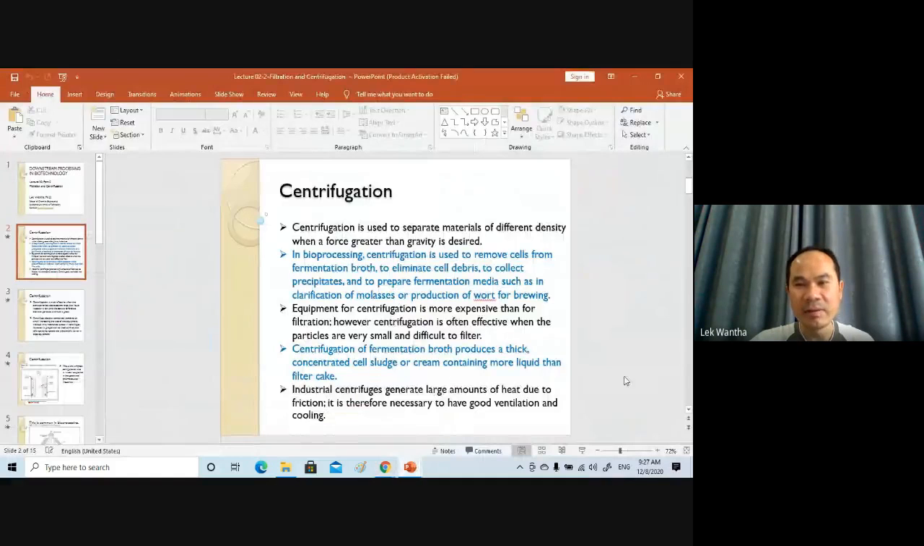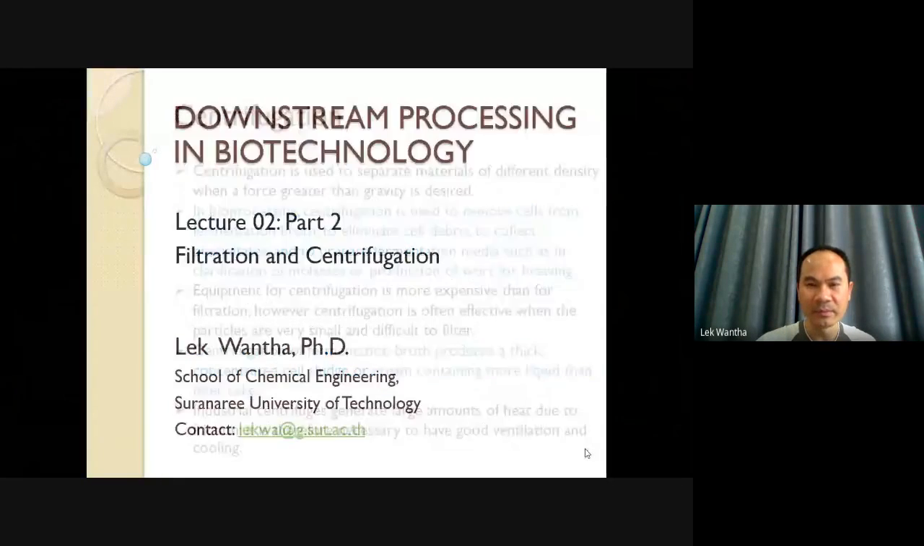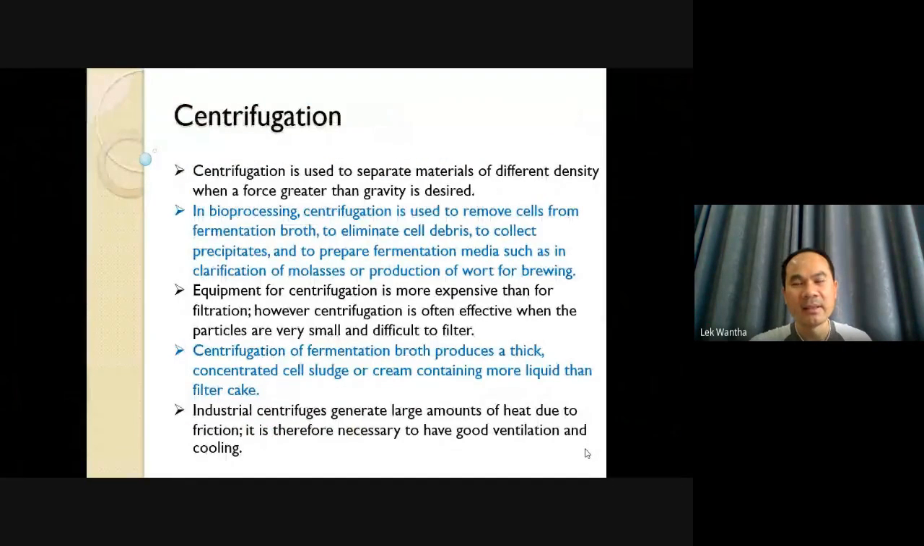Okay, the next equipment that we will talk about is for the separation of solid from liquid mixture. For this case, we use centrifugation. The property that we separate by centrifugation is the difference of density. When the force is greater than gravity, it is designed for that. For centrifugation, we add some force that is greater than gravity, ก็คือแรงหนีศูนย์กลางคือแรงมันเยอะกว่าแรง G นั่นเองครับ